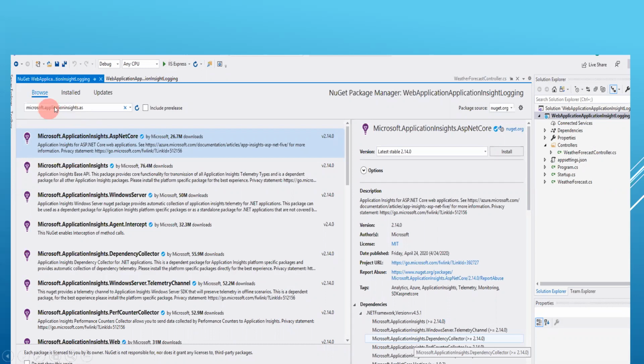So here you can search NuGet packages which you need to install. To log, we have to install the Microsoft Application Insights ASP.NET Core NuGet package. So from here, you can install this package.